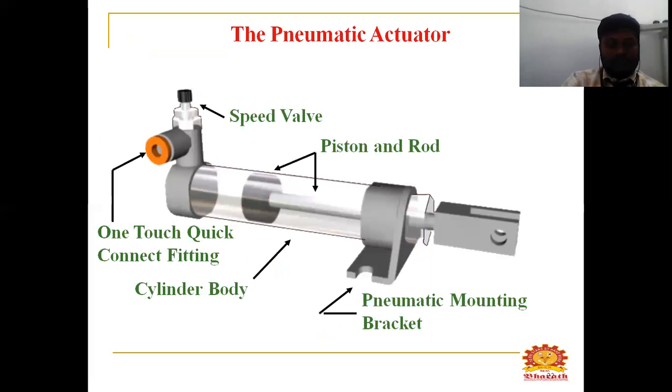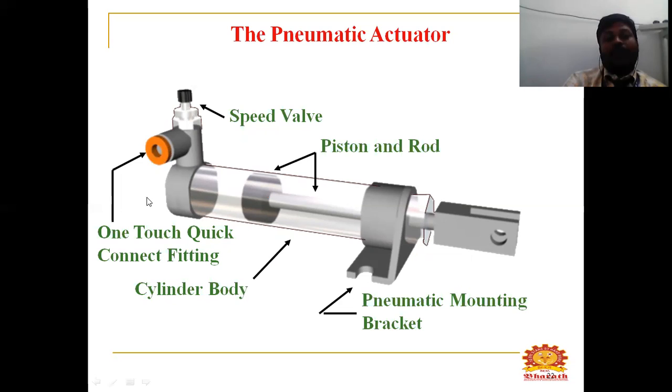And next one you're going to see is the pneumatic actuator. In a pneumatic actuator, it may be a motor or a pump, and it may be a cylinder. Mainly you will denote a pneumatic actuator as a cylinder. See, this is a pneumatic actuator, whereas this has one port. That means this is a single acting cylinder, which has one port. See, this is a single acting cylinder. This is the inlet port.